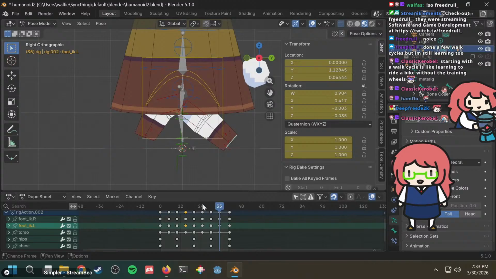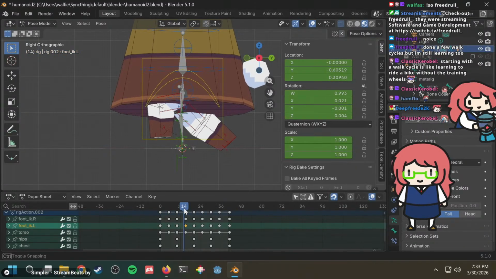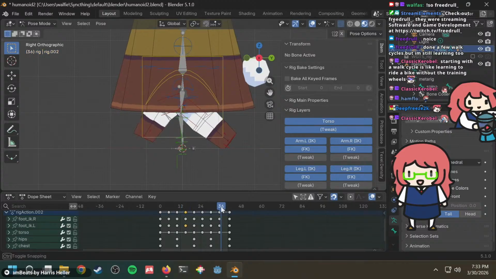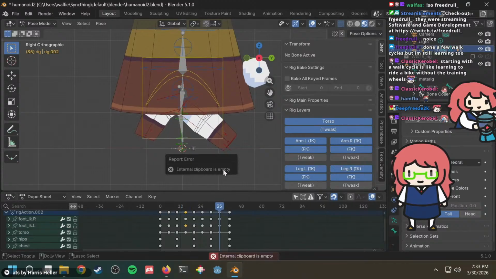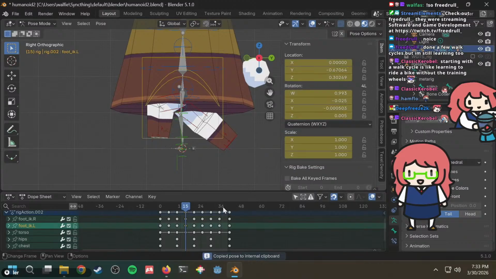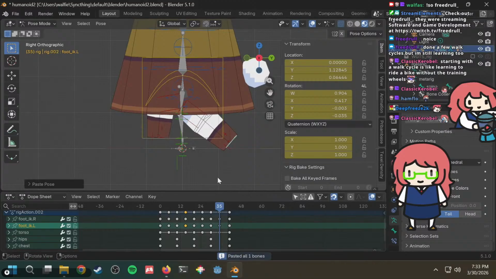Wait, what did I just paste? This one. This leg. Copy it. Paste it. Clipboard's empty. What the? Copy. Paste. Okay.